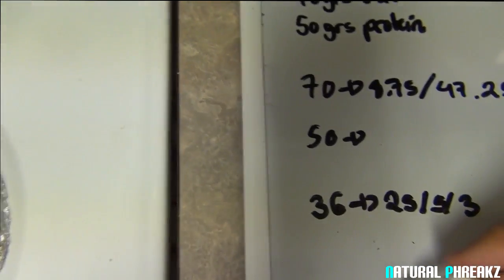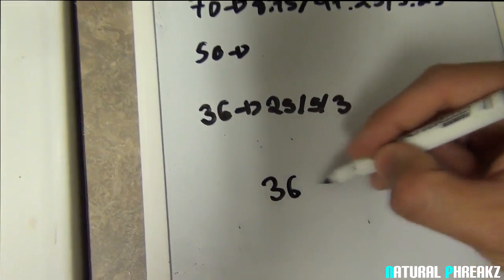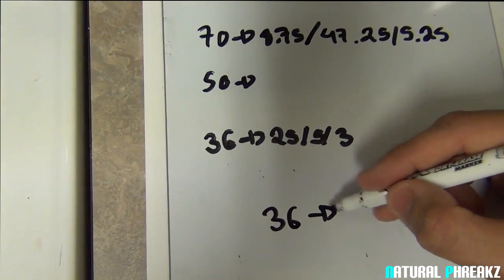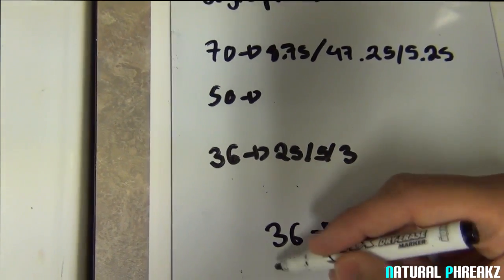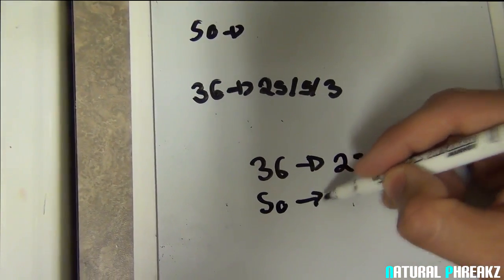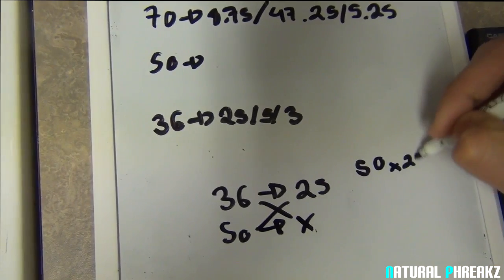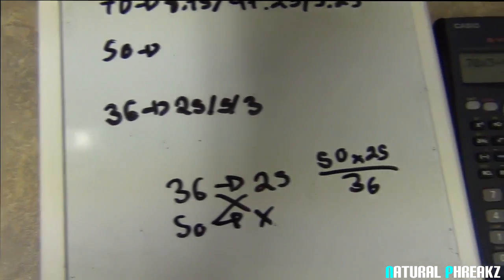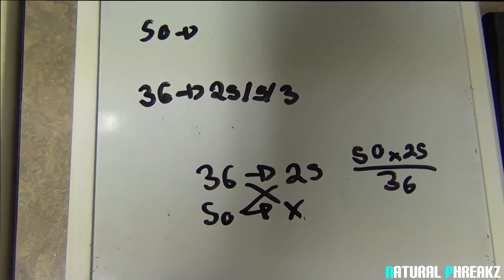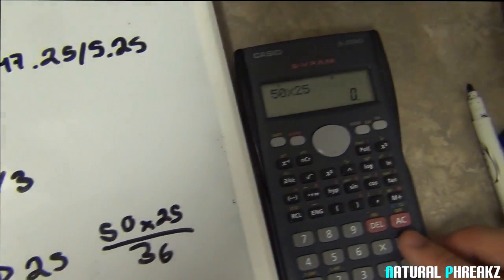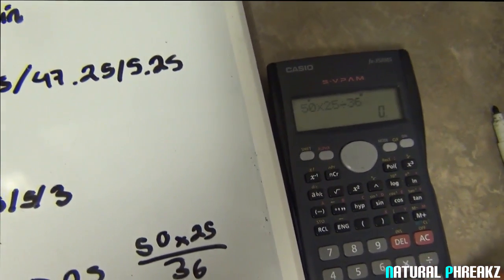So I do the same thing. If 36 grams has 25 grams of protein, how many are in 50? Is your x, so you cross multiply, so it's 50 times 25 divided by 36. And I do this every time I eat, so I know how much I'm eating, and I try to be as precise as I can when I weigh my foods. Okay, so 34.7